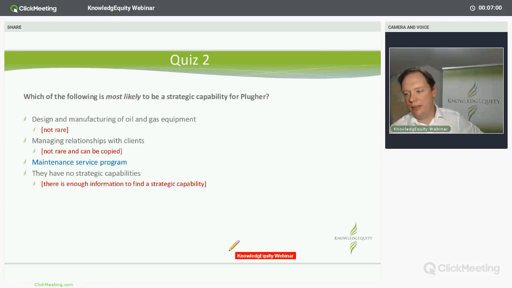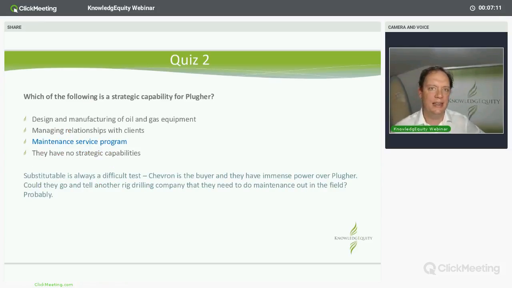The difficulty with this one, and it's not written exactly as an exam question would be, because you probably wouldn't have option D, is the fact that it's always easier to justify to yourself there are no strategic capabilities. Now, I don't think you'll probably get "there are none" as an option in a question. What you have to accept is, although sometimes it feels difficult, you can always say everything can be copied. It's an easy thing in the argument, isn't it, to go, well, it doesn't matter how unique you think your IP is, it can be copied. And we've seen that, especially in the tech industry.